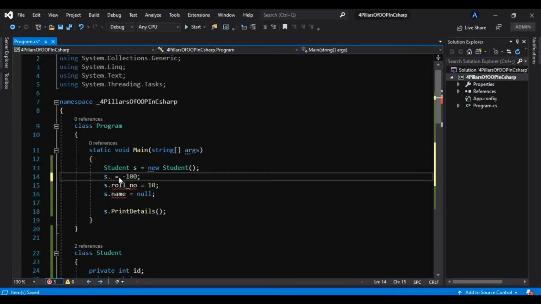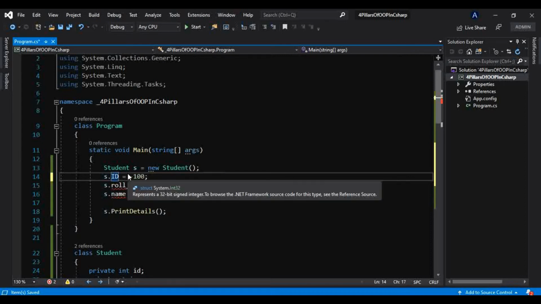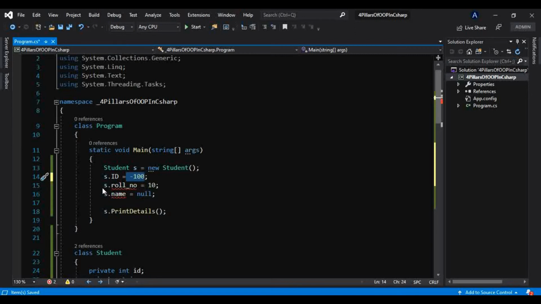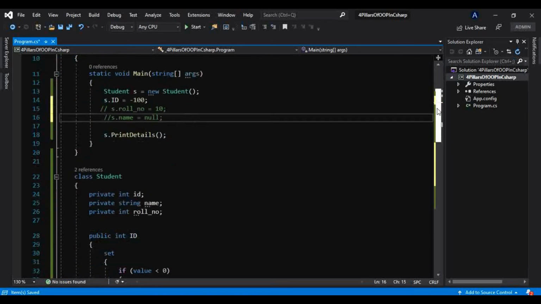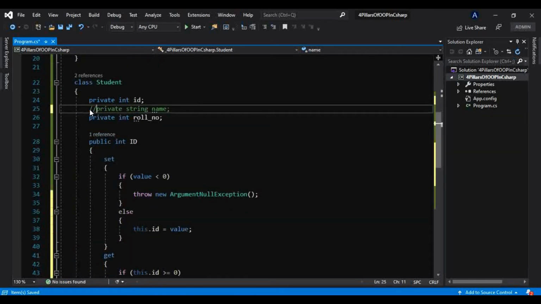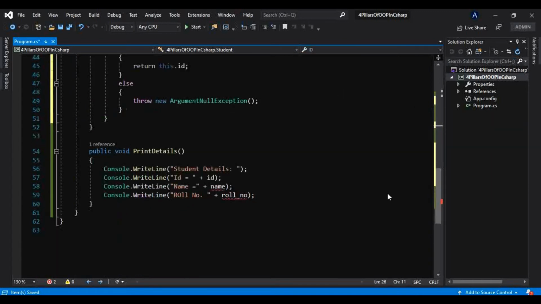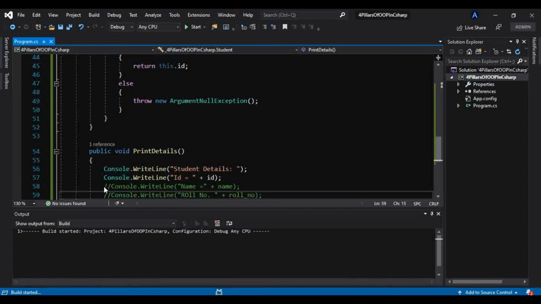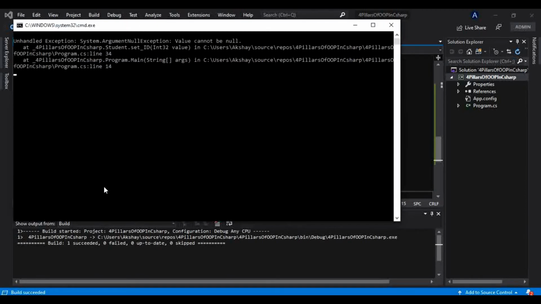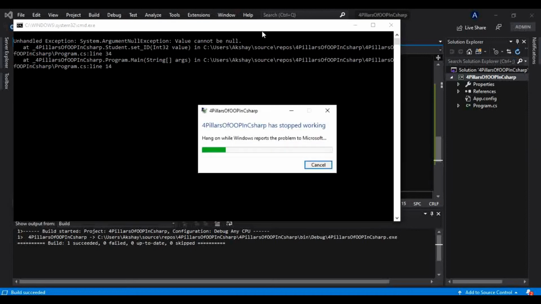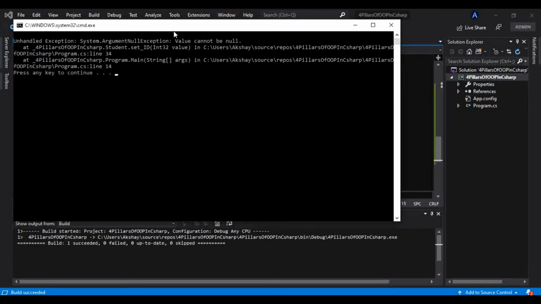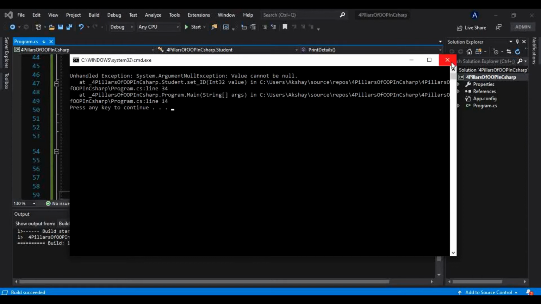Now we have one public property, that is this ID. If the user enters any invalid value like this, it will throw an error, and I will show you that. Let me comment this for now, and I will comment this as well, and I will only print ID here. So if I run now, okay, it is throwing an ArgumentNullException, value cannot be null.